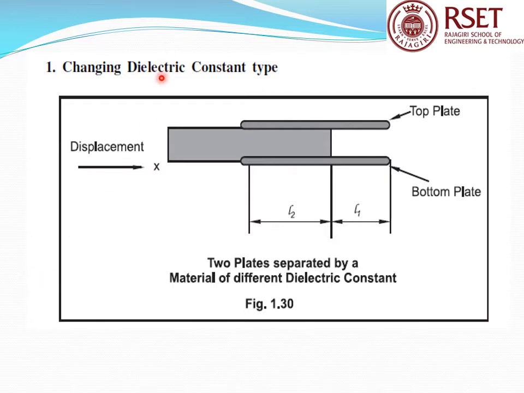Here we are showing a capacitive type proximity sensor with dielectric constant changing. So this is the displacement you are going to measure. Here because this material changes, the dielectric constant between this plate changes. There is a top plate and bottom plate. If it is moving in this direction, we call it capacitance is increasing. Moving away means capacitance is decreasing. So as I told you, as the material keeps on changing, the dielectric constant is changing in this type of proximity sensor.